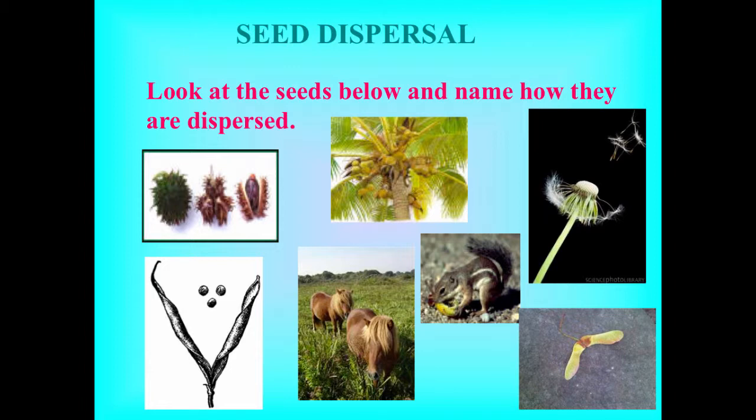Look at the seeds below and tell me, can you name some of the ways that they are dispersed? Obviously, how do you think a dandelion is? Through wind, or my daughter when she likes to blow on them. Also, the helicopter, we can see those in maples and pine trees. This one's an acorn getting eaten by a squirrel. Coconuts also get eaten by us. These are burrs that can get trapped in our clothes, socks, and animals' fur.